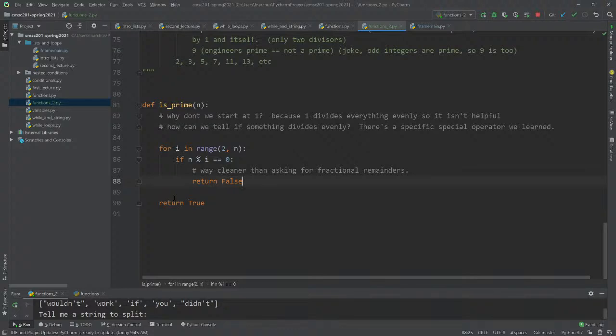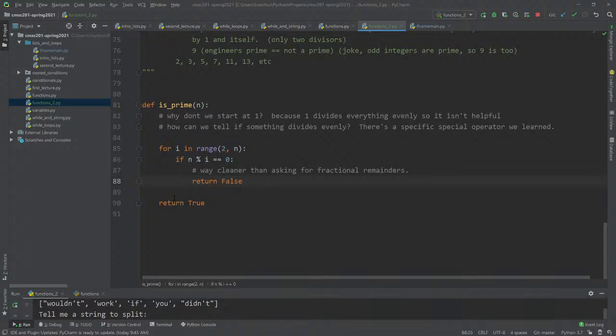Numbers like 24 are divisible by 2, 3, 4, 6, 8, 12, etc. It's divisible by so many different numbers, but we don't care as soon as we find out it's divisible by 2. Same thing with 15. We can find out it's divisible by 3, and we don't have to check if it's divisible by 4 or 5 or 6. It's already not prime because of the rule about primes.